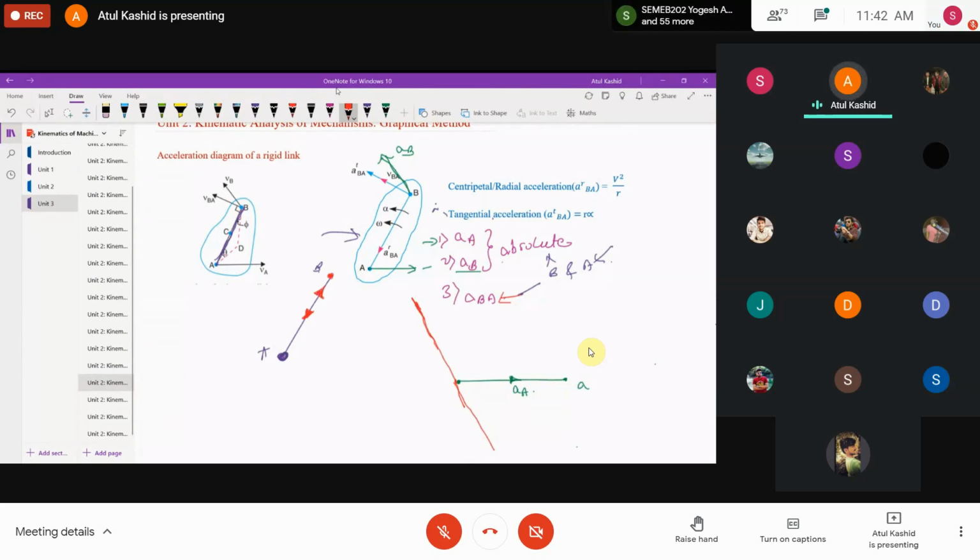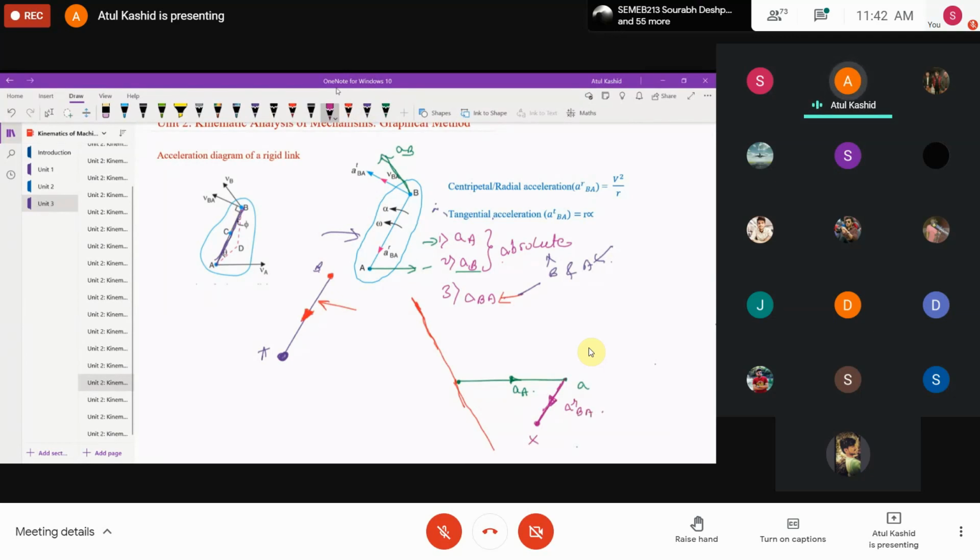But now what we are telling, that point A is available with us and we are writing acceleration of B with respect to A, right? So A will be the center of rotation and the direction of the centripetal acceleration will be towards the point A, right? So parallel to this line and towards the arrow, we have to draw a line starting from the vector A, right? So I will draw in this direction. Okay, so what is this? And we know the magnitude, that's why I'm fixing this point X over here, right? So this is our radial component of B with respect to A, right? So radial is finished for AB.